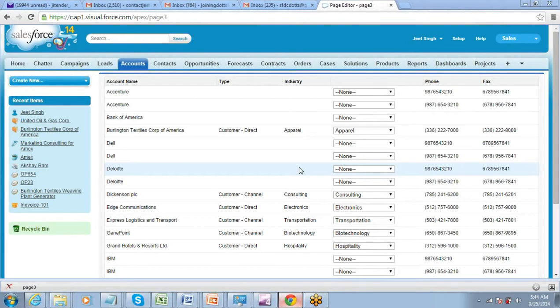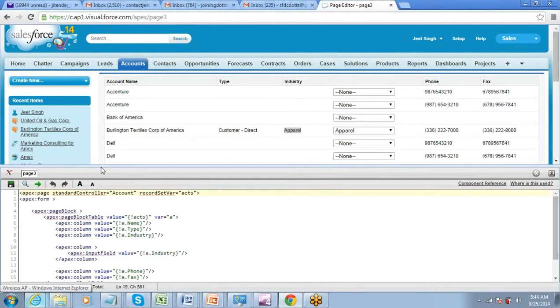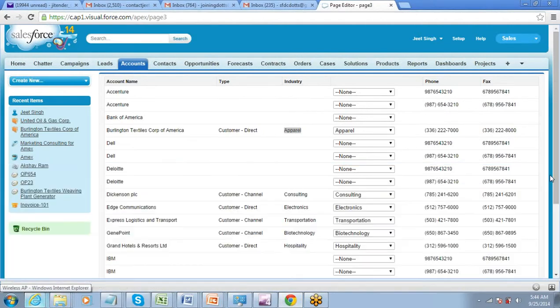How do we design that kind of scenario where the data appears like read-only data, but when we double click, it becomes editable, right? So for that, what we're going to do is include inline edit on this. We'll put inline edit on the table, not on the complete form, on the table. Inline edit is a feature that allows you to double click on a record and edit it.